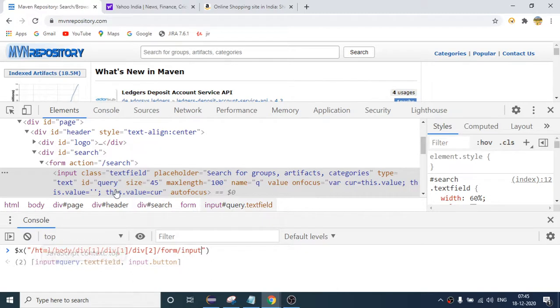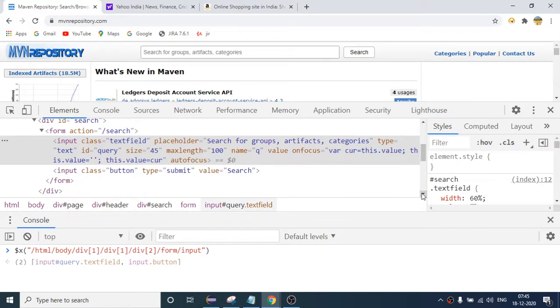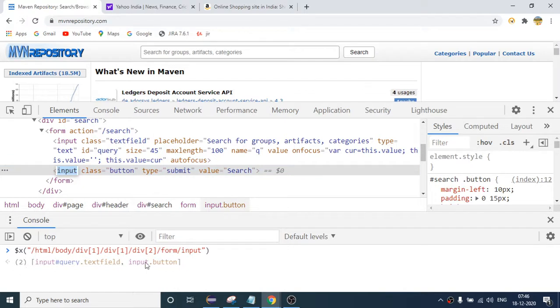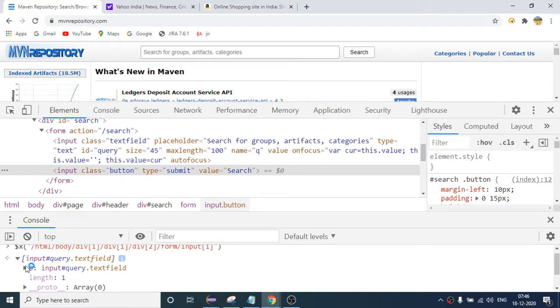Okay, so again it is giving me 2, because there is one input tag here as well, and the second one is this. So it is giving me two results. So I will say I want to go to the first one only, because my element is present here. So I will say 1. If I hit enter and want to check whether my absolute XPath is correct or not, you can say it is correct because length is 1, which means only one element, and this is highlighting as well, which means your absolute XPath is correct. Is it clear to everyone how we have created it?